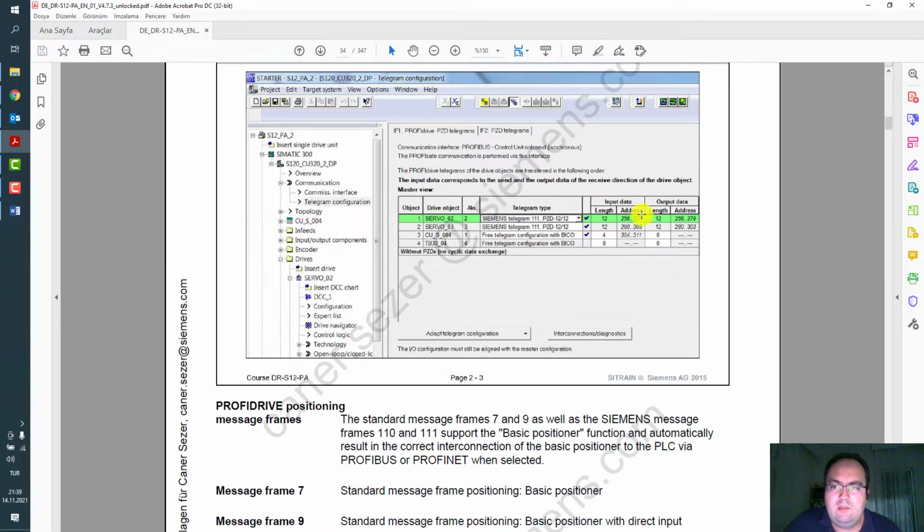It will automatically create these IO addresses of the process image in hardware configuration. So the checkbox and the blue check must be there, otherwise you will get a red exclamation or red attention mark.